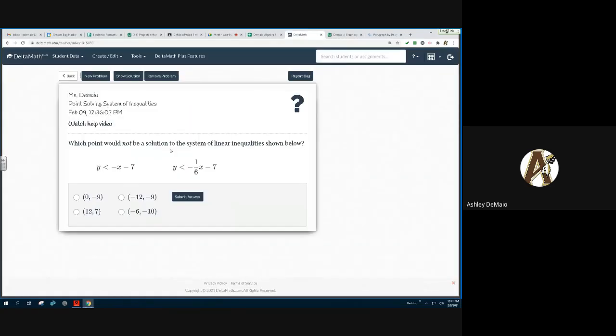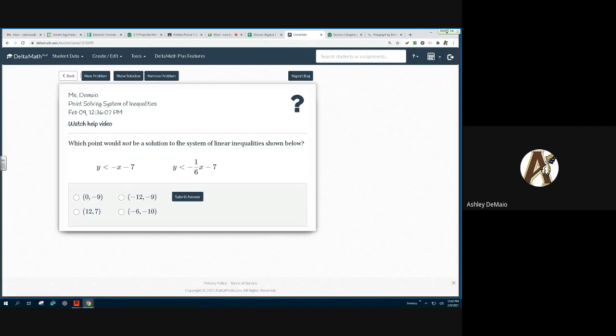Okay, so in our Delta Math, there are 3 sections. The first section is solving systems of inequalities. Basically, I'm going to show you the first problem, and then you're going to try the next 3 on your own. This is all practice from the last 2 classes that we had dealing with inequalities and then systems